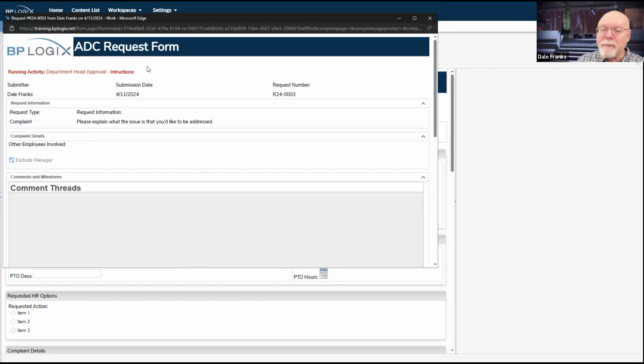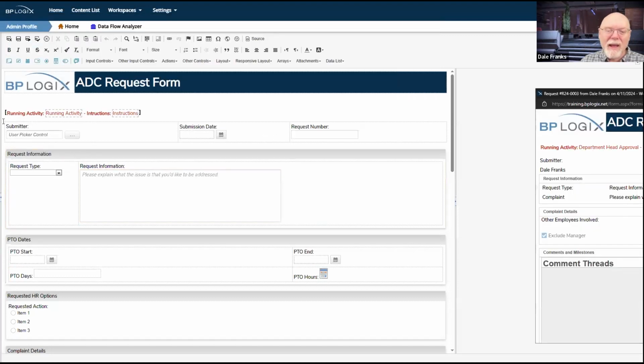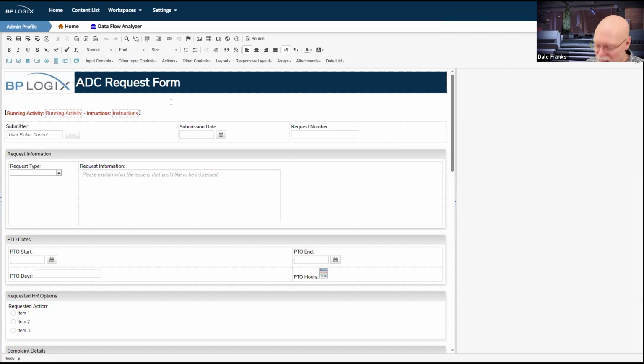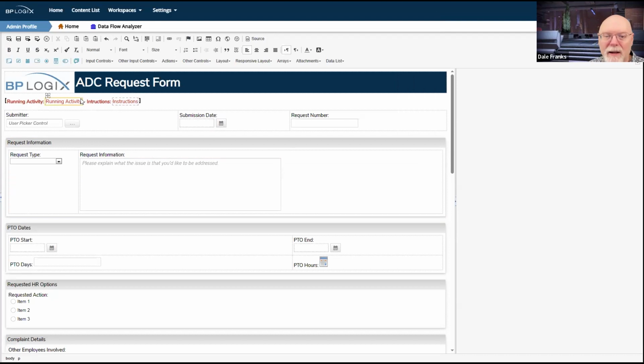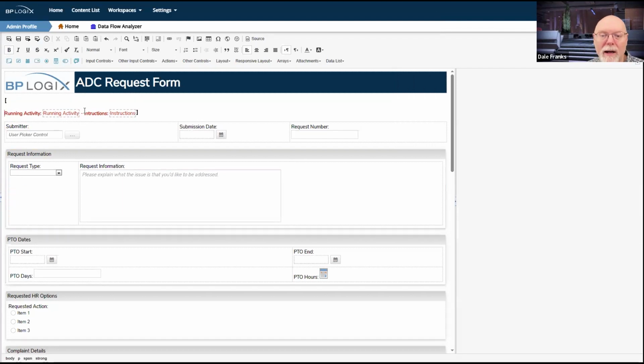Also, I kind of like the look here of my form. That's kind of cool, but we're going to do something even better, I think. Here's what we're going to do. We're going to get rid of that space that I put in previously. And we're just going to go ahead and add it there after our embedded section control. So I actually only want this extra space to show up after the embedded section control. So I'm going to go ahead and save my form definition here.